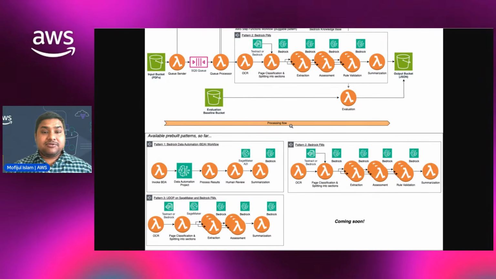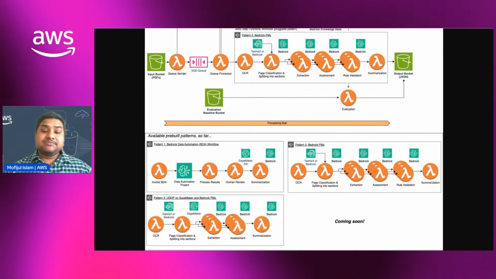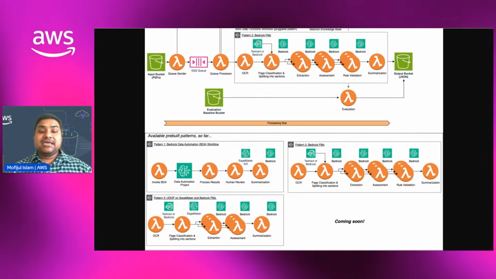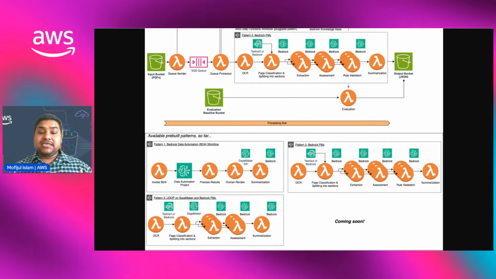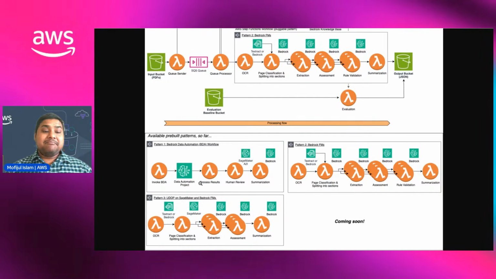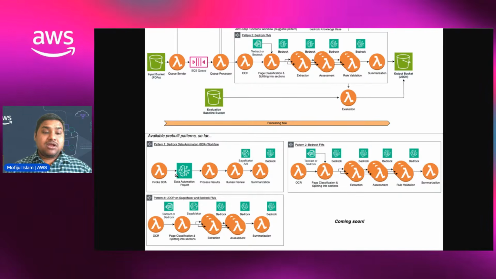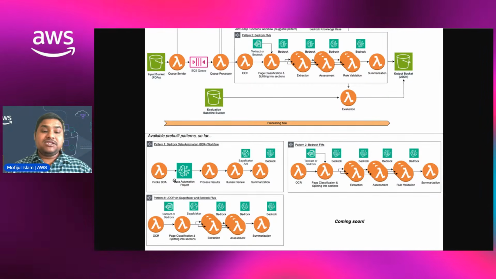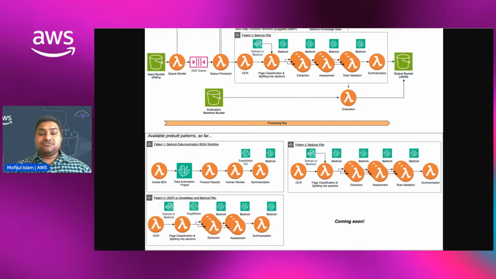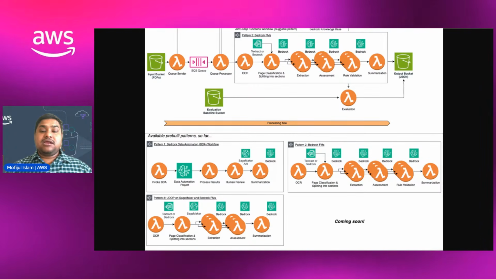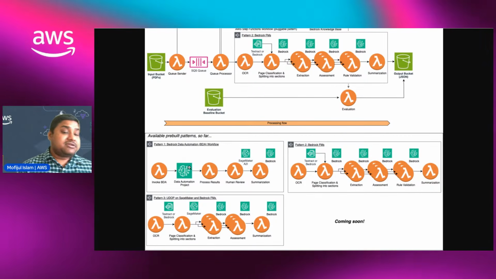For example, mainly this is pattern 2, which is very customizable. Customization means that we can customize the OCR module, we can customize any Bedrock model. But instead of that, if we want a managed service, then we have pattern 1 where we can use the Bedrock data automation, which is a managed service. If we do not want to customize the OCR or the LLM, if we want a managed service, then